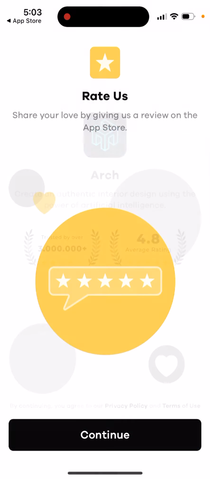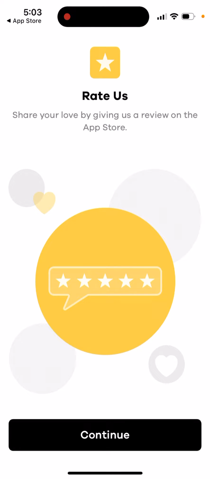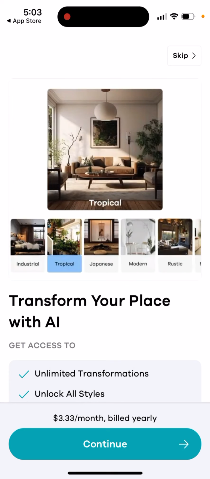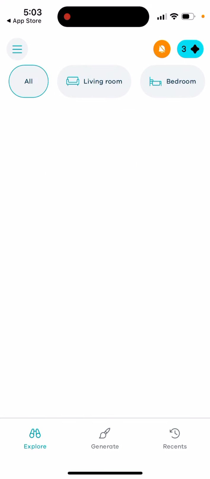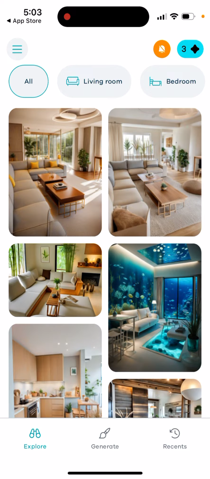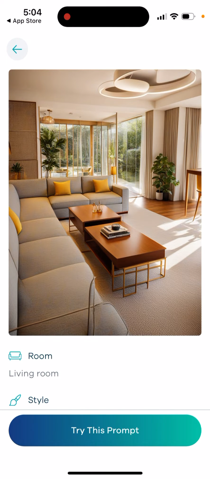So let's just open it up. Of course, there is all this hype with AI right now, but this app is being built by quite a famous team. So here it is. Then you can just, as an example, see this, and then